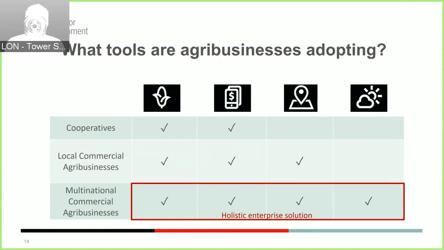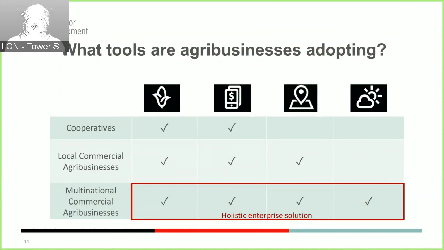However, even in the case of local commercial agribusinesses, when they are linked to international markets and there is pressure to ensure certification and traceability compliance, these bulk payments and bulk messaging platforms simply are unlikely to be enough. So we're seeing the need to extend these systems to support traceability, and there are now plenty of solution providers offering mobile-enabled track and trace solutions to agribusinesses. This is the case also with large multinational companies who source from smallholder farmers.